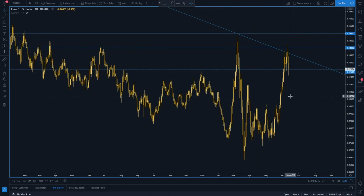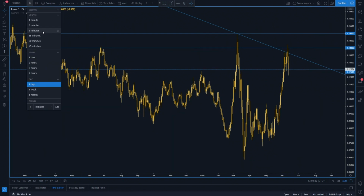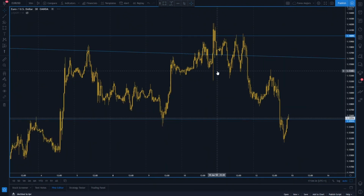So even though the initial reaction from the FOMC, if we just go to the M30, even though that initial reaction saw that push to the upside, it gave us reason to be a little bit more cautious to the upside. And we can see that the pair really struggled to get above that level. We did break above that 1.14, of course. So one way that you could have played that scenario was maybe to jump in at market when the announcement came out,